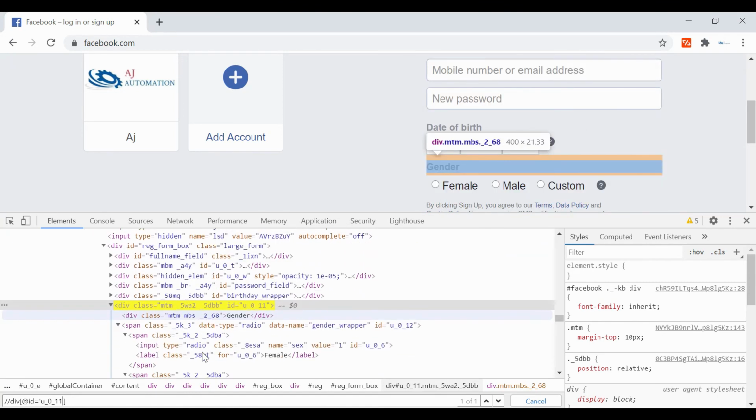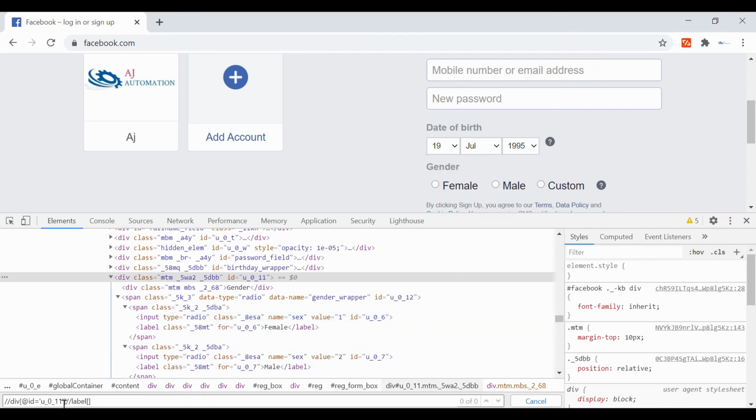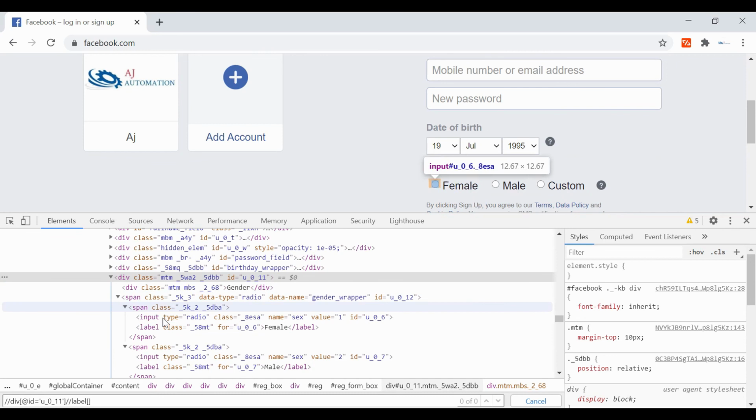Now I want to go to this label, which is a child of this element. It is not an immediate child, it's a grandchild.